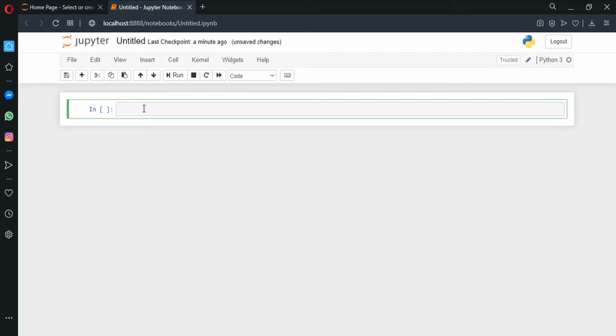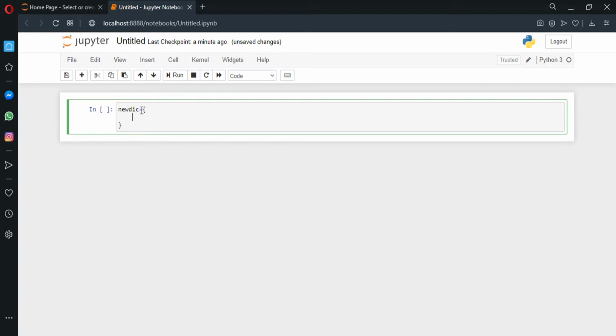So the dictionary is a collection which is unordered, changeable, and indexed. In Python, dictionaries are written with curly brackets and they have keys and values. For example, new dictionary is equal, for example, it has a key with name is equal to junior,